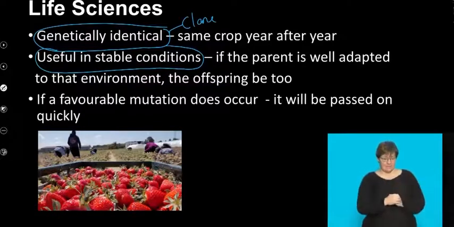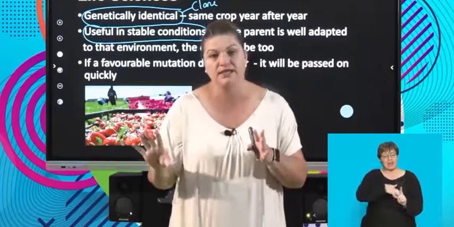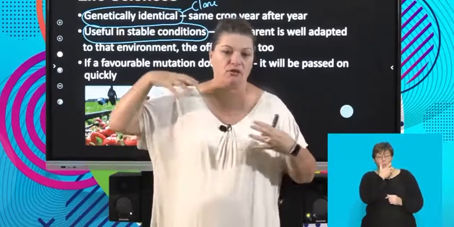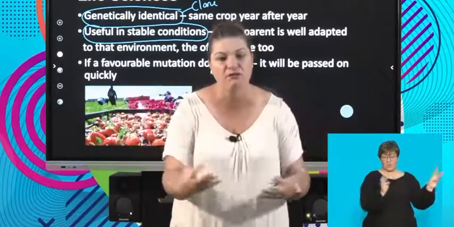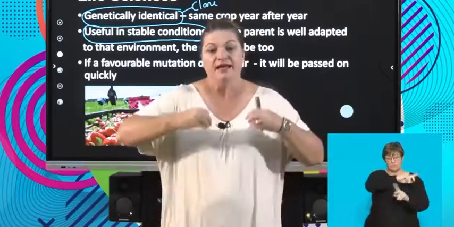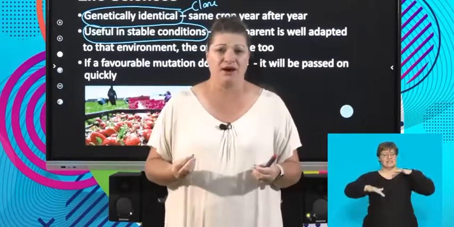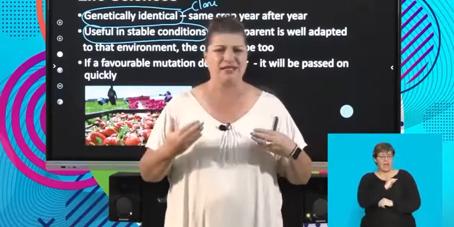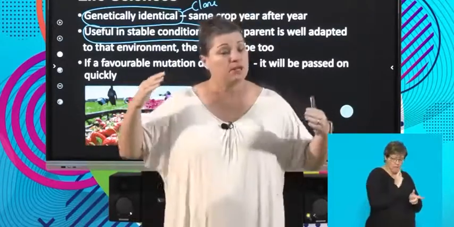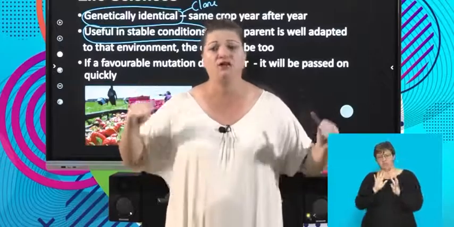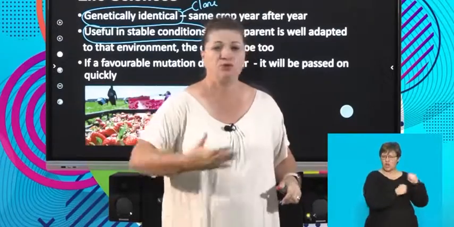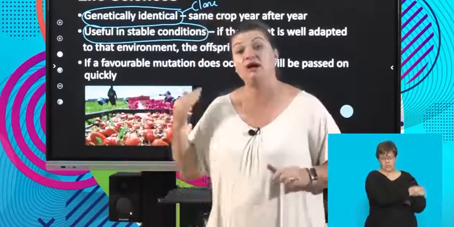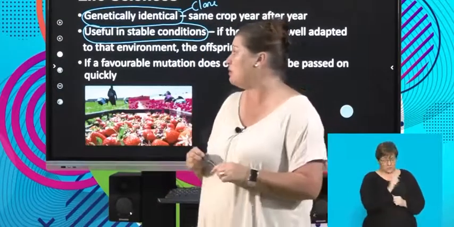What I'm talking about now is that the environment is stable. If, for example, global warming comes or something changes and the environment changes, that is an unstable environment, and that we're going to look at as a disadvantage. Because it has the same genes, it might not adapt. But if it's the same environment year after year after year, I'm going to produce the same thing, the same predictability, if that is what I want. Remember, what do I want?